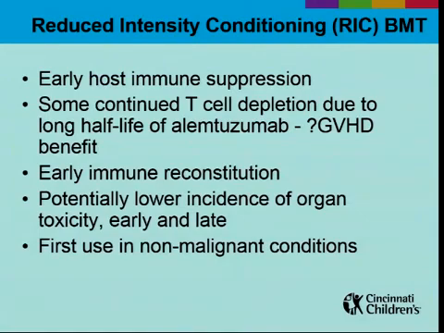They realized that not all patients needed complete ablation of their marrow, but you might just need immune suppression. We started to develop techniques to do T-cell depletion. These patients seemed to have earlier immune reconstitution. They definitely had lower incidence of organ toxicity. This started to be pioneered in non-malignant conditions or things like CLL or very slow-growing